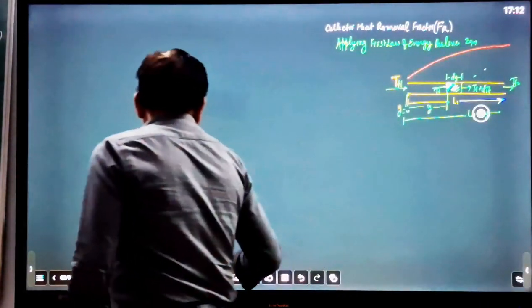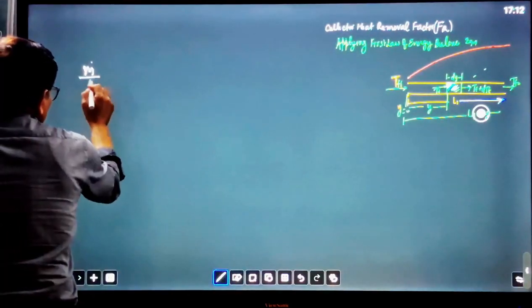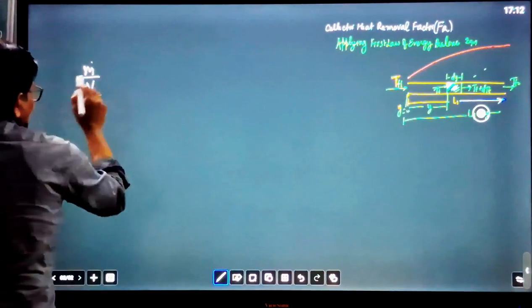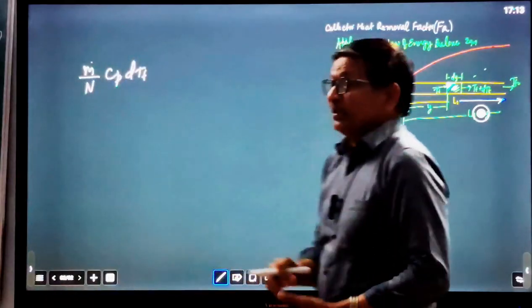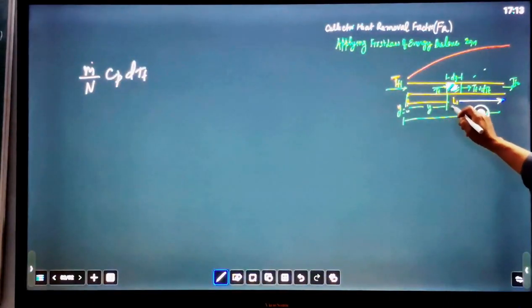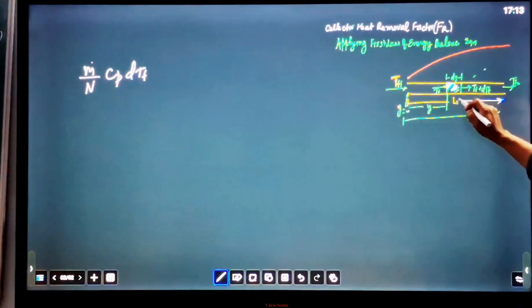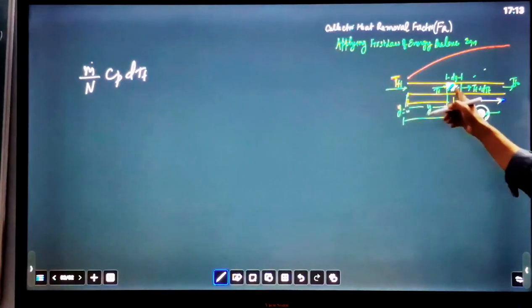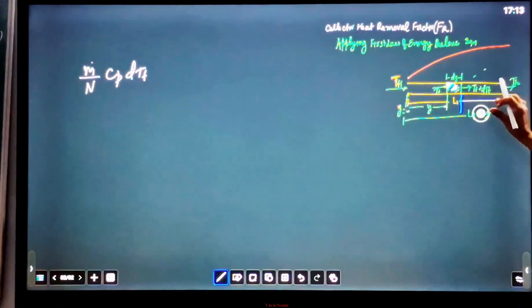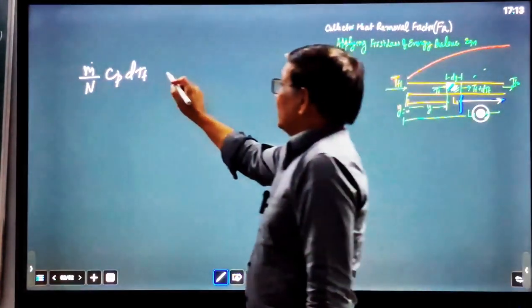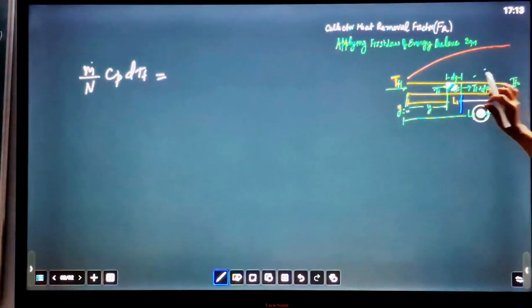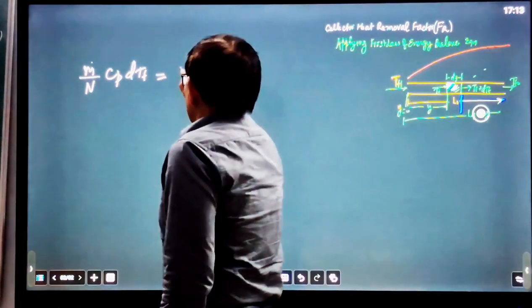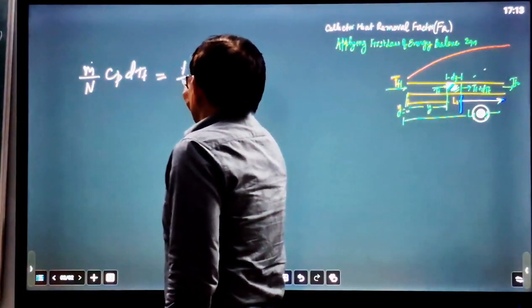So that is the equation we can write: m dash is the mass flow, m dash by n, and Cp dTf, because the temperature difference occurs between y and y plus dy. So at dy distance the temperature changes from Tf to Tf plus dTf, so the temperature difference is dTf. That change of heat energy is equal to the useful heat gain by this element over this length, that is equal to 1 upon n